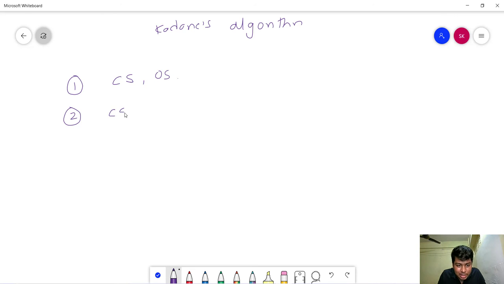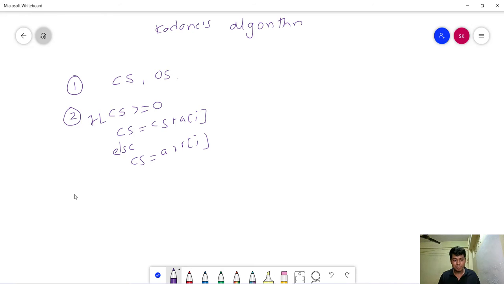If the value of CS is greater than or equal to 0, then CS would be CS plus array of I. Else, the value of CS would be array of I, meaning the value of CS gets reset. And OS: if the value of CS is greater than OS, then we will assign OS equal to CS. So this is our rule.